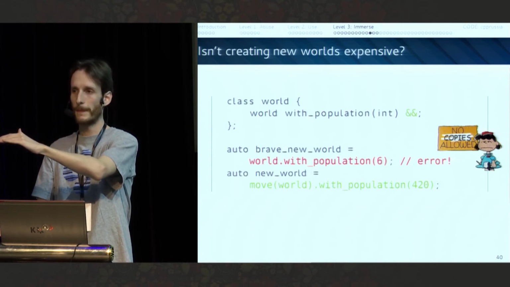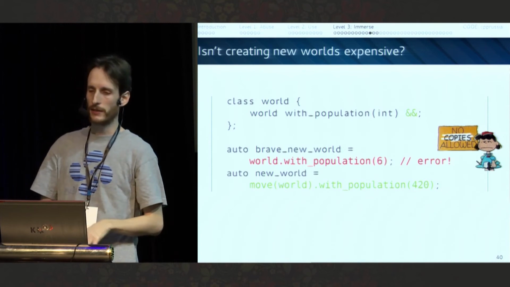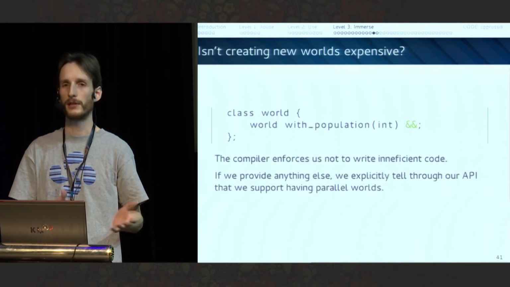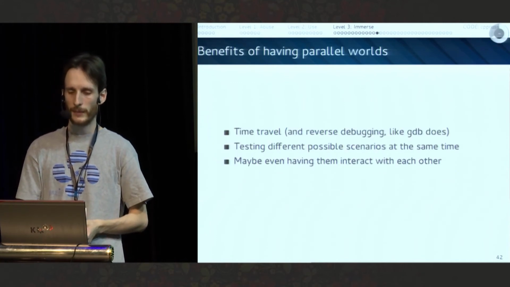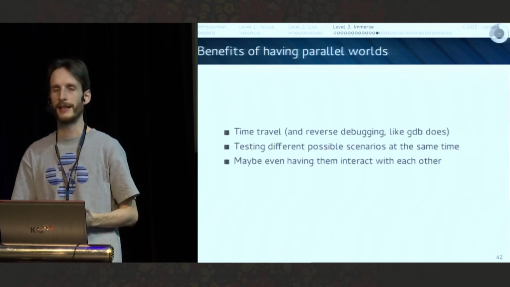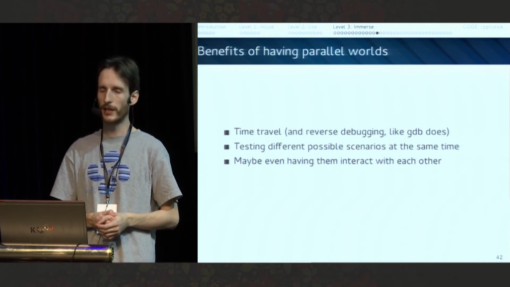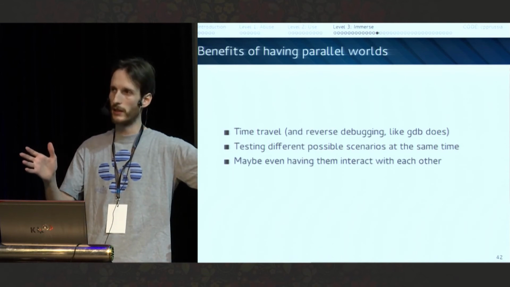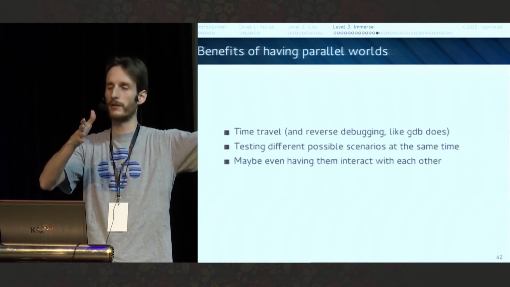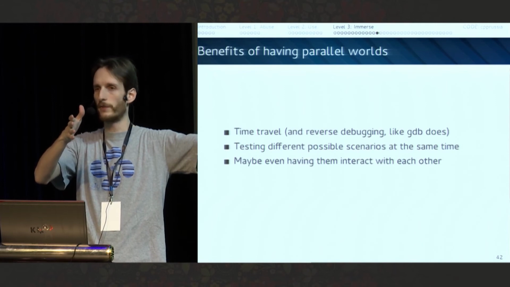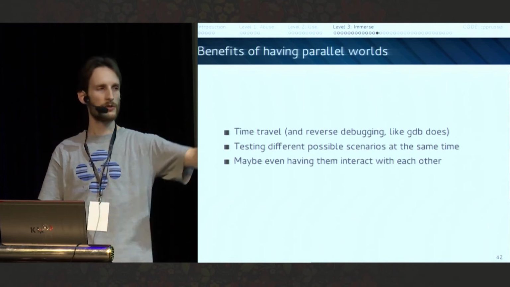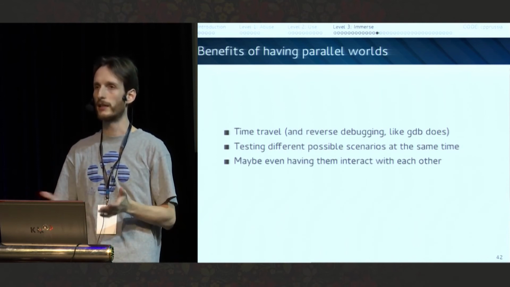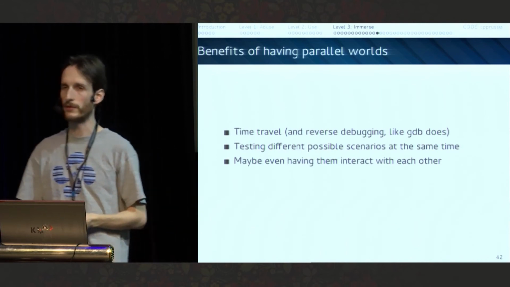All right? So this is the way to force the compiler not to allow us to create copies. But then again, copies can sometimes be useful. Just imagine that instead of killing all the previous worlds, you still have all the 1,000 of them. And you find a bug in your program. You just need to check the previous world. You can go travel through time, just like a GDB reverse debugging would do.